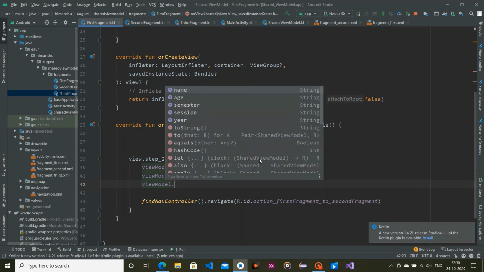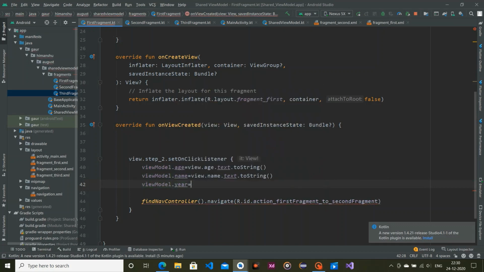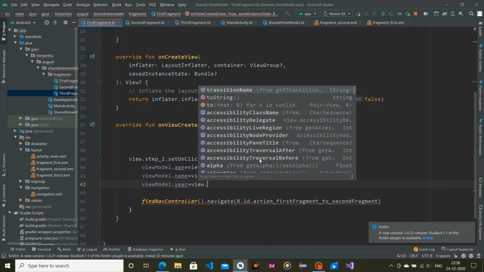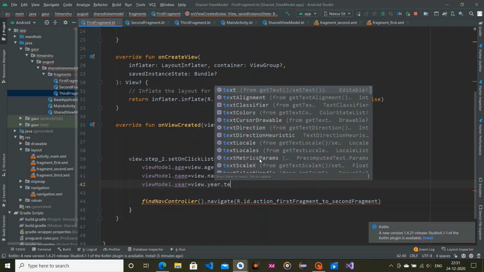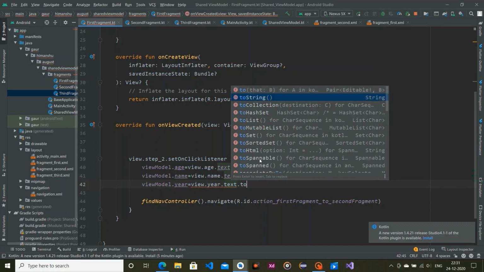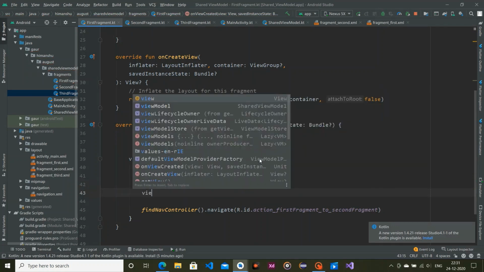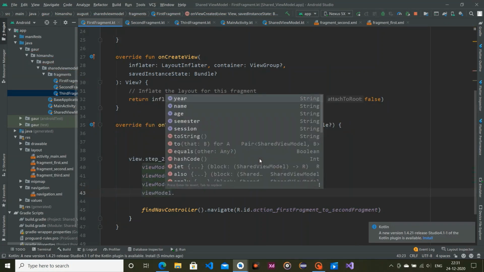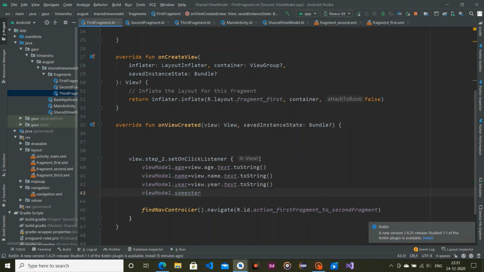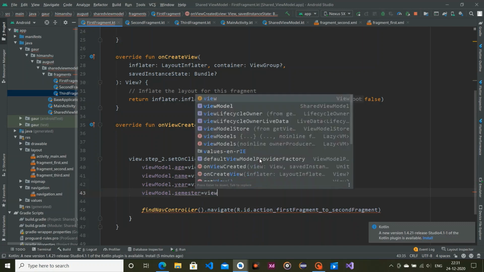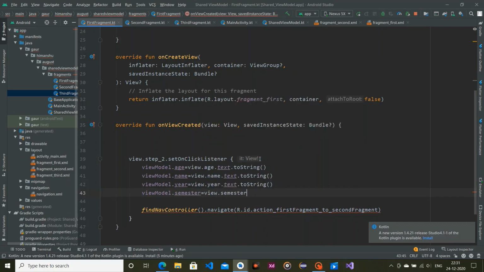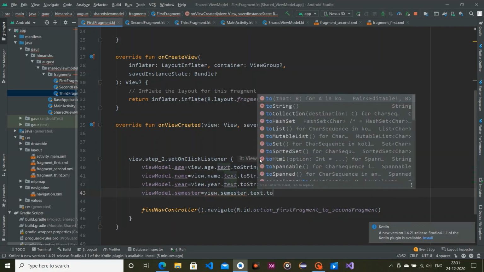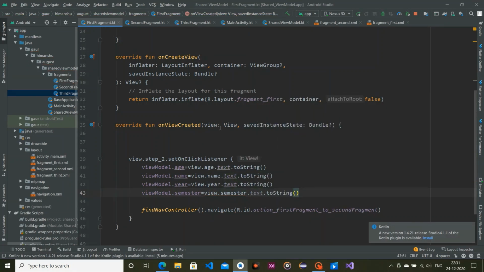View model year is equal to view.year.text.toString. Okay, so view model session semester is equal to view.semester.text.toString.